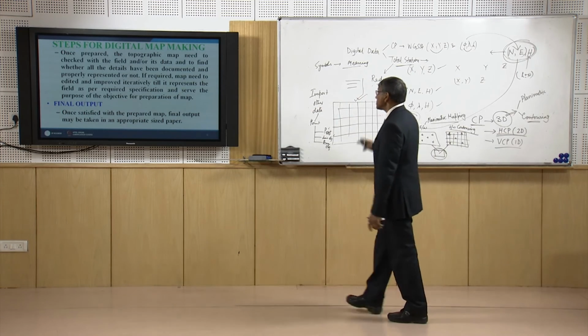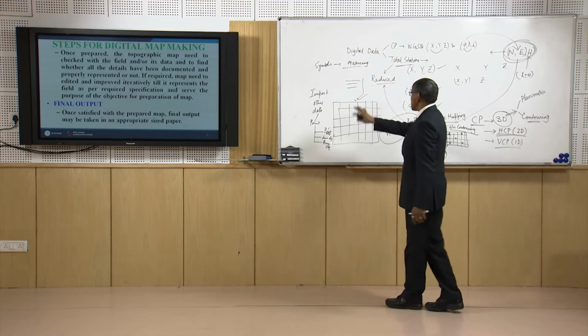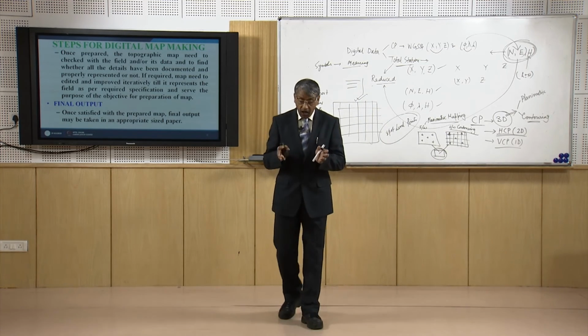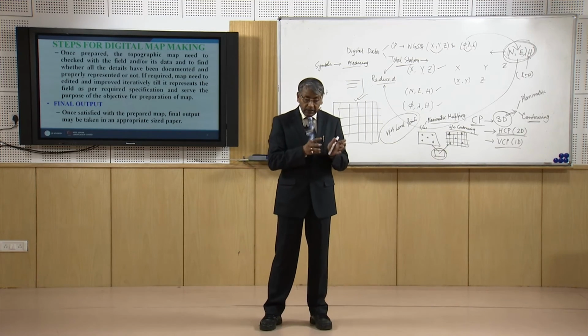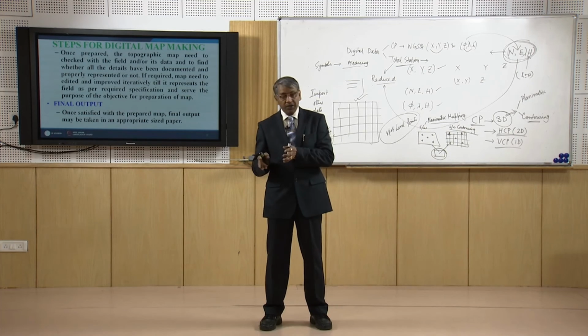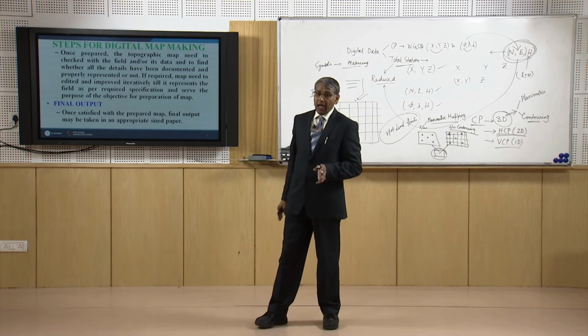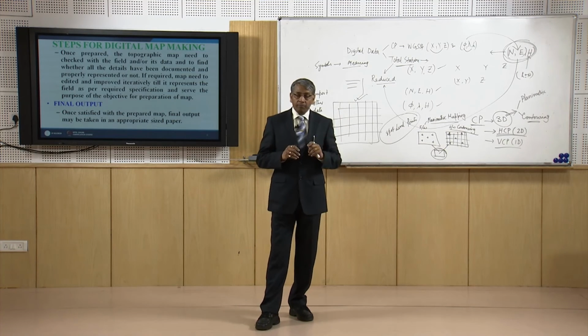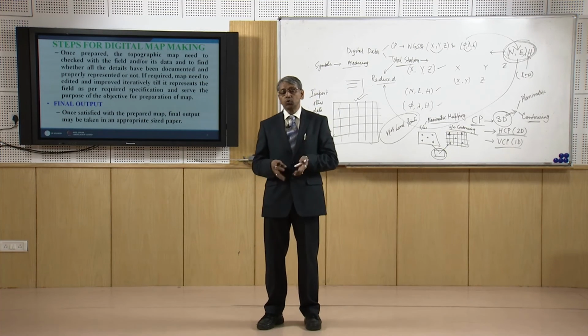Once all these elements have been written, and all the objects representing the field are present here, and the user is satisfied with its preparation, then we should go for